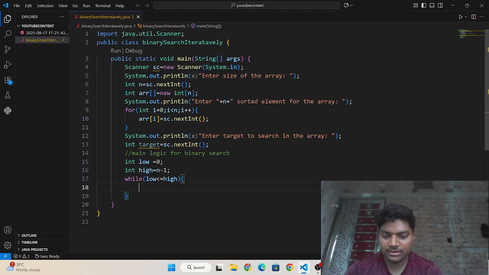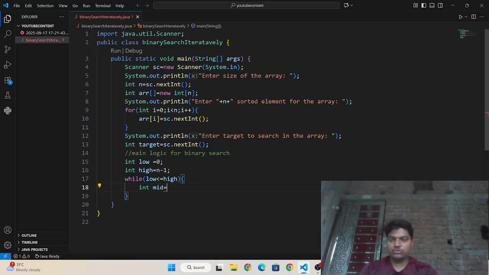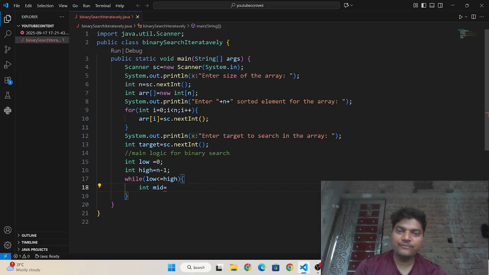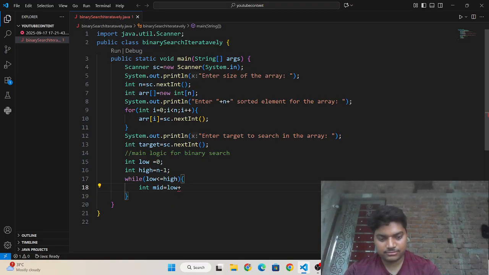So I need to write here int mid is equals to low plus high divided by 2, but I need to write here low plus braces high minus low divided by 2.